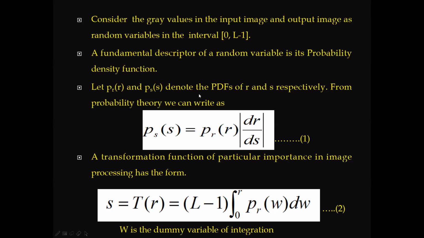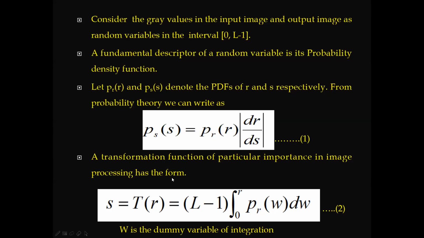Okay, so p_R and p_S denote the PDFs of R and S respectively. This is the relationship we have from the previous workouts: the output probability density function is equal to the input probability density function times dr by ds, the differentiation of R divided by the differentiation of S. The transformation function of particular importance